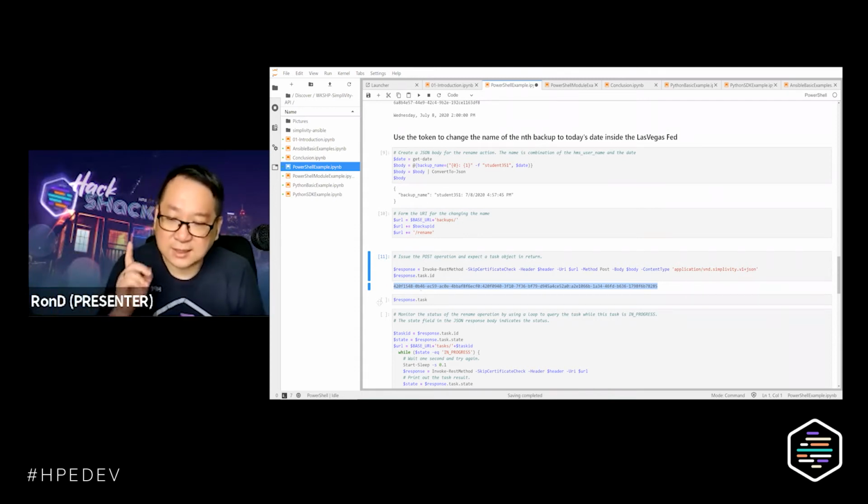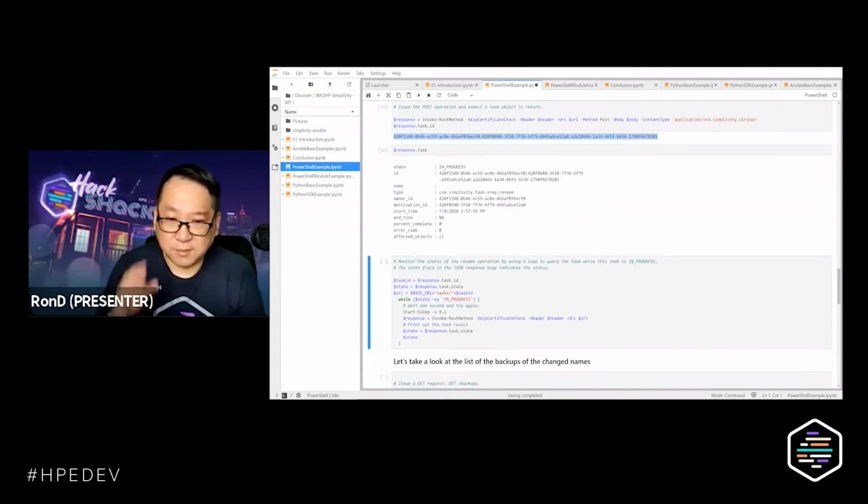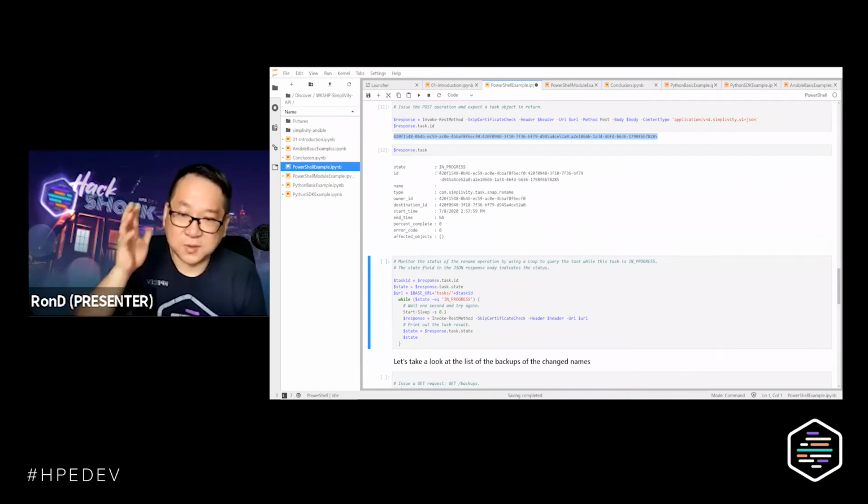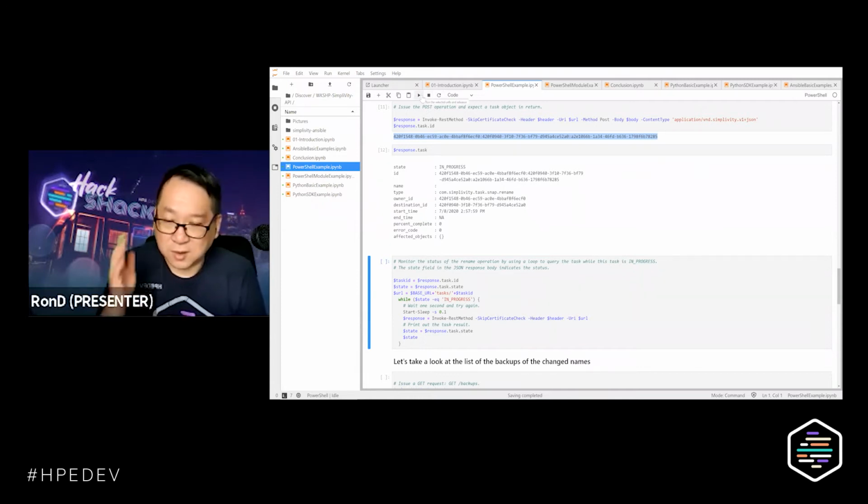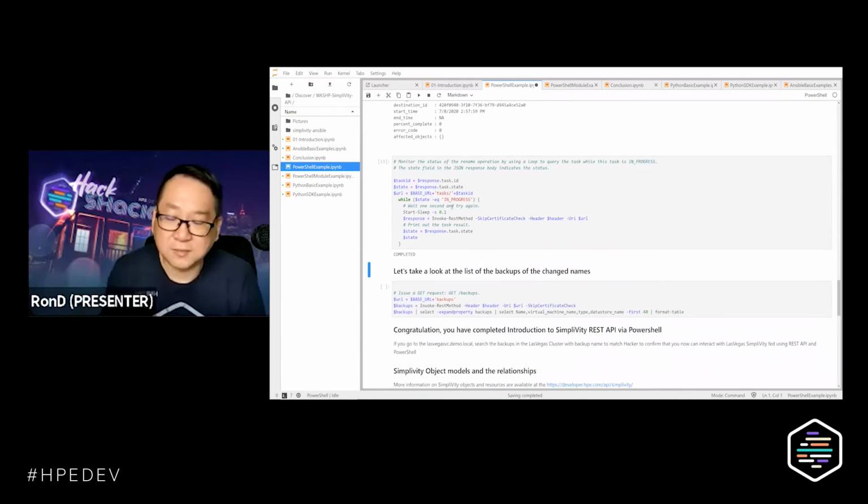So with that task ID, you should be able to identify how the process of the POST has progressed. Of course, when you invoke it, because it's an asynchronous process, it's still in progress. To figure out whether it has completed, you issue another SimpliVity REST API call. And in this case, it's completed. So it takes a bit of time before it completes, but that's the step to figure it out. The whole operation is a two-step process.